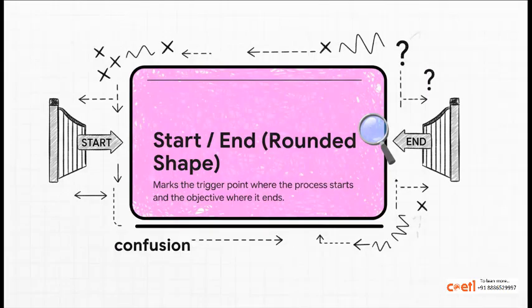Then you've got the rounded rectangle. This one's all about setting boundaries. It very clearly marks the official start and the official end of your process. And this is so important. I mean, without clear start and end points, you don't really know where you are, and that's just a recipe